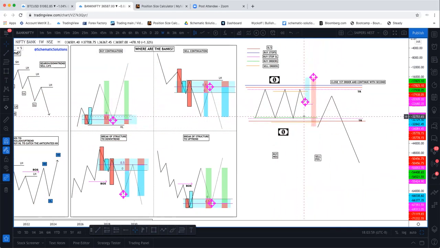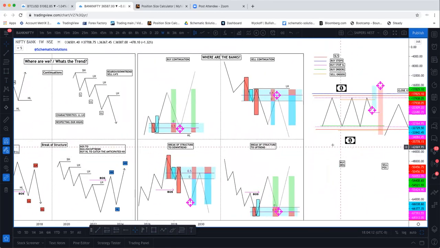So that's the psychology behind us looking for these engulfing candlestick patterns. We're looking for price to come back to it because the institutions need to close them out. They need to close out their orders and continue with the price. So looking at our continuation for our buys,